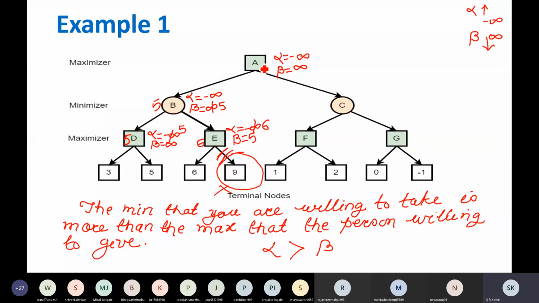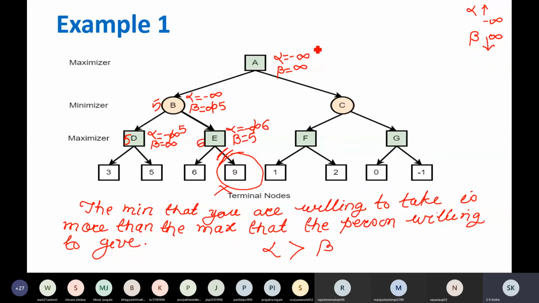The alpha value of node A right now is 5. Correct. The reason is that at A right now, A knew that I am getting 5 from this side, because the value of B is 5. So since I am getting 5, 5 is better than minus infinity. The alpha value increases.